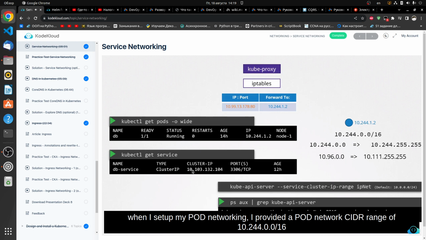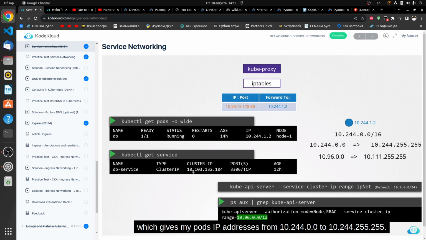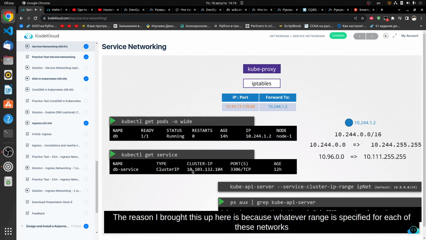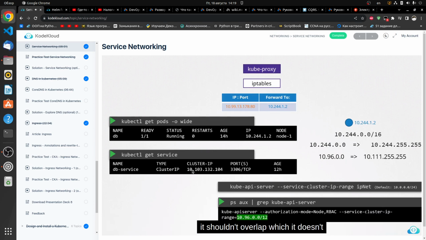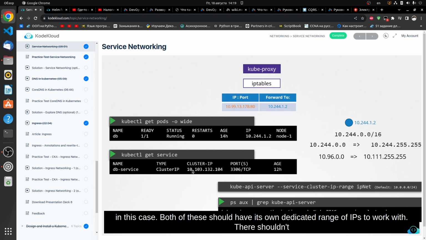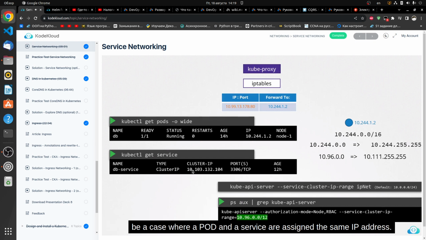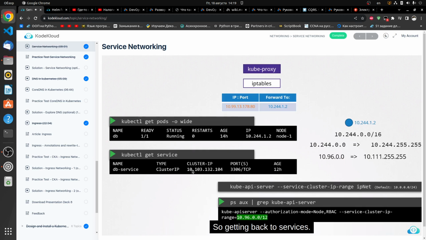range of 10.244.0.0/16, which gives my pods IP addresses from 10.244.0.0 to 10.244.255.255. The reason I brought this up here is because whatever range you specify for each of these networks, it shouldn't overlap, which it doesn't in this case. Both of these should have its own dedicated range of IPs to work with. There shouldn't be a case where a pod and a service are assigned the same IP address. So getting back to services, that's how my service got an IP address of